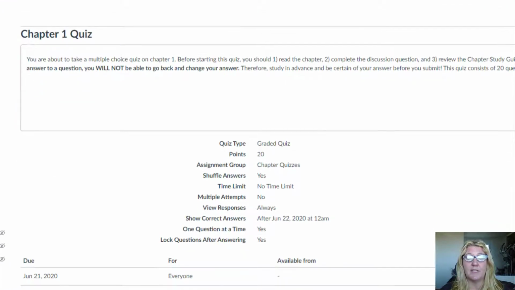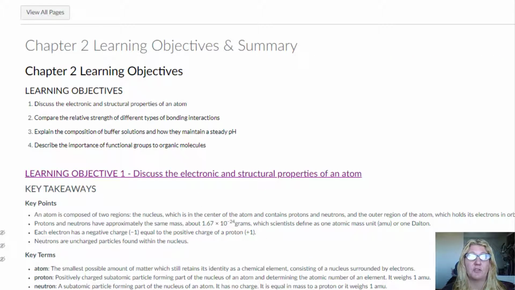When you have completed your discussion assignment, then you may move on to the chapter quiz. The chapter quizzes are not timed. However, once you enter an answer to a question, you will not be able to go back and change this answer. Therefore, you should study in advance and be certain of your answers before you submit. Each of these quizzes contains 20 questions. Most of them will be multiple choice. After completing all of the Chapter 1 assignments, you can move on to Chapter 2, which is set up in